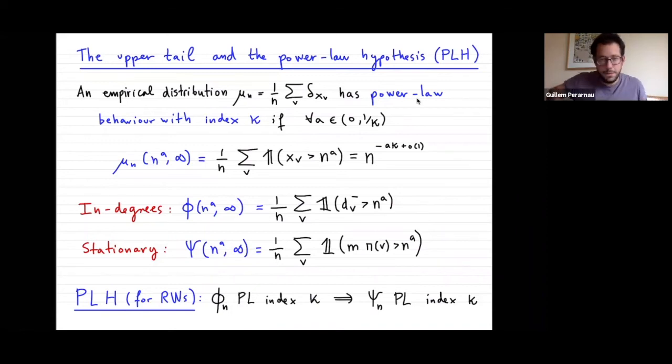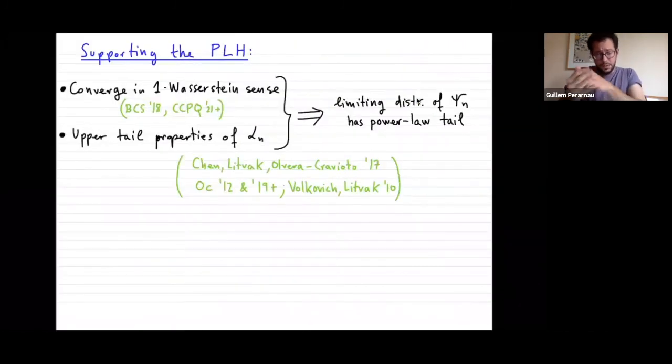It was studied by physicists in the early 2000s, and later, in these last years, it has also been given some mathematical framework, and there are several results in this direction. Somehow the results in our paper also support this power law hypothesis in some sense. So let me say first,